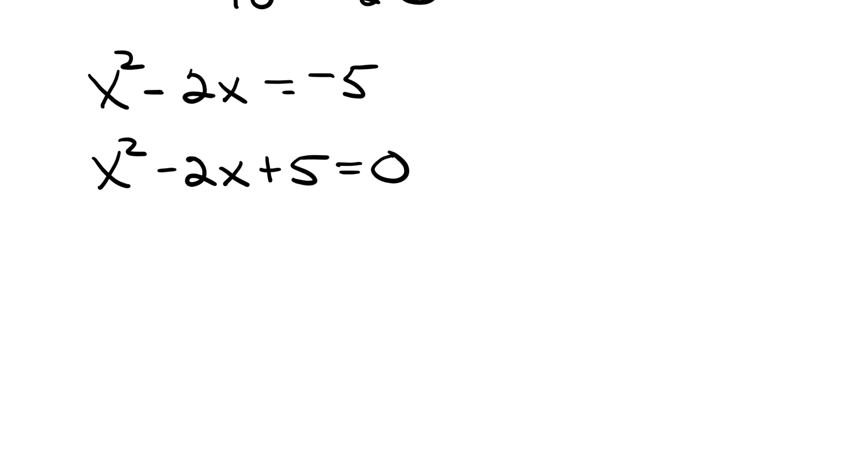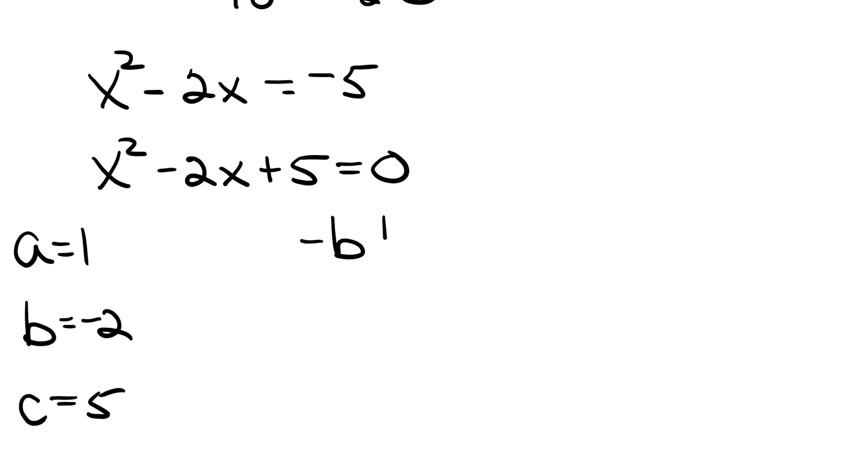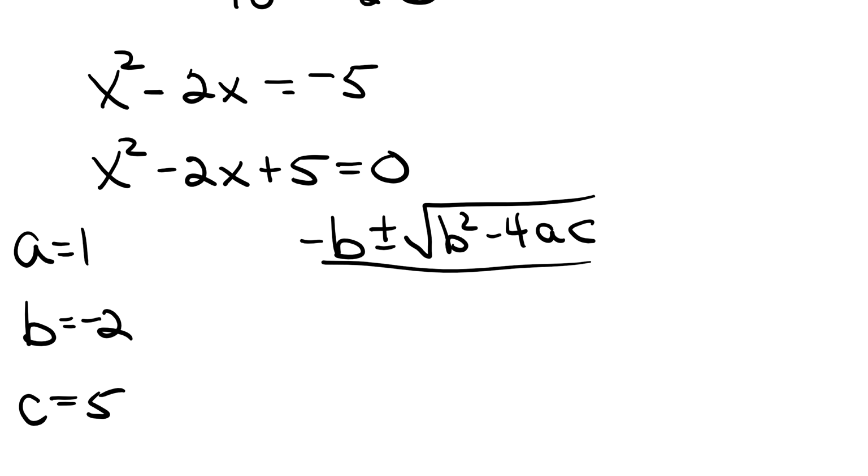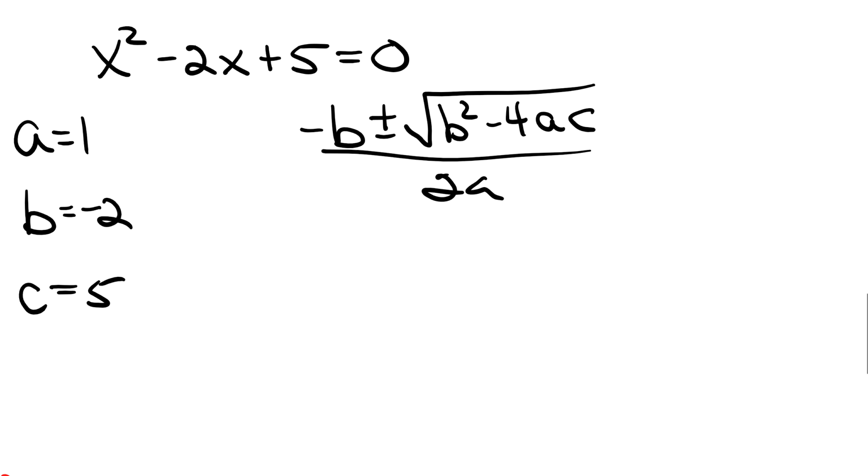Now I'm okay. Now I'm going to list my values for a, b, and c, and a is going to equal 1, b equals negative 2, and c is going to equal 5. To be plugged into negative b plus or minus the square root of b squared minus 4 times a times c over the 2a. Okay, let's plug them in. So negative b, and b is negative 2, so that means negative 2 plus or minus